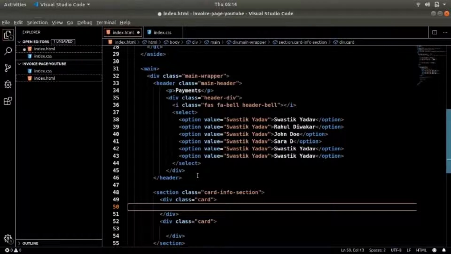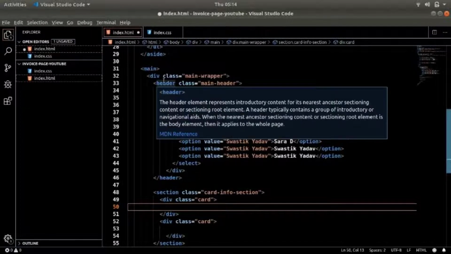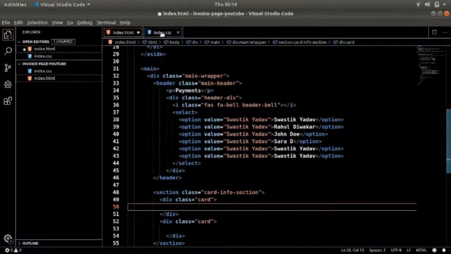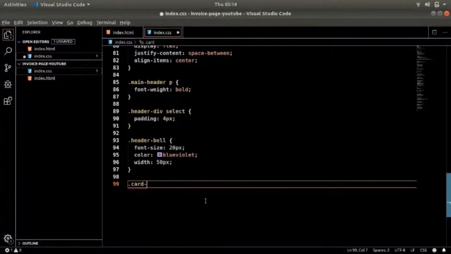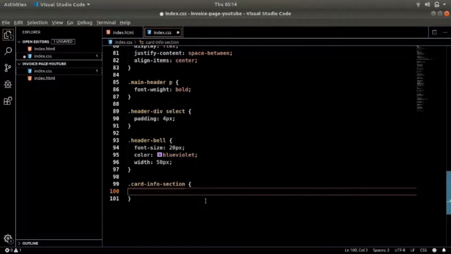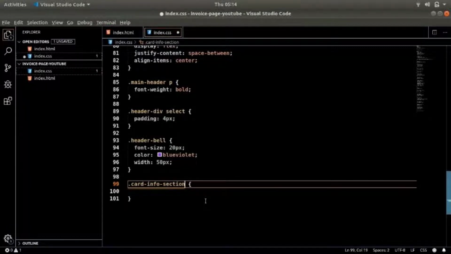So the first card we have, okay, and the second card we have. Fine. So let's first define the cards, few things for the card. Here we have card info section, and in there we have the actual card.